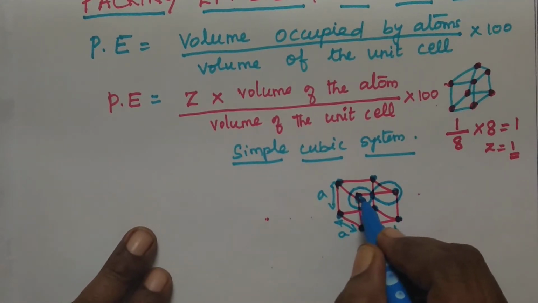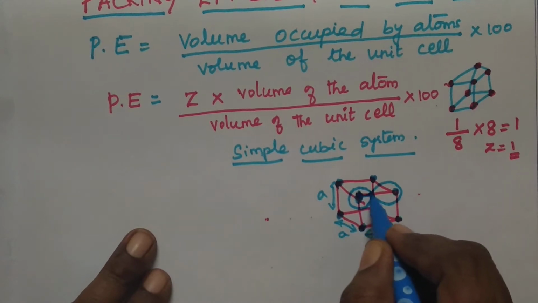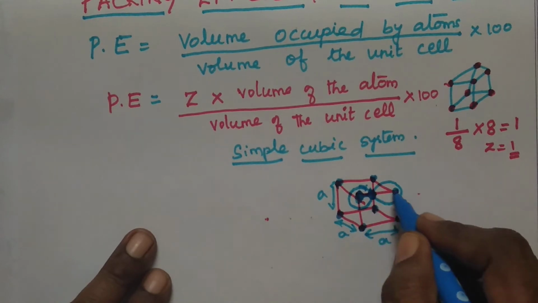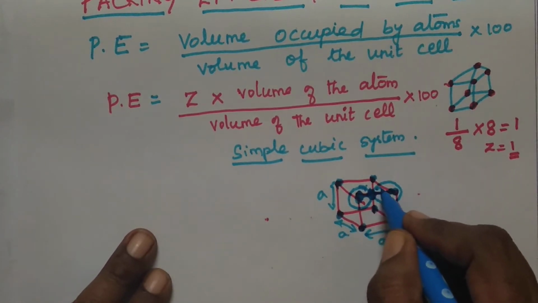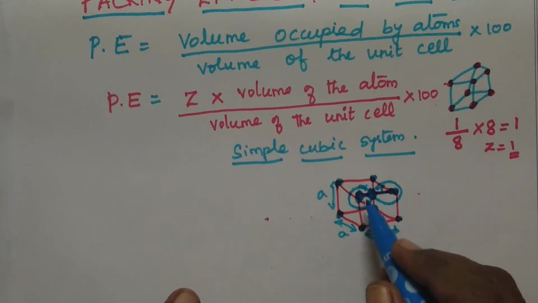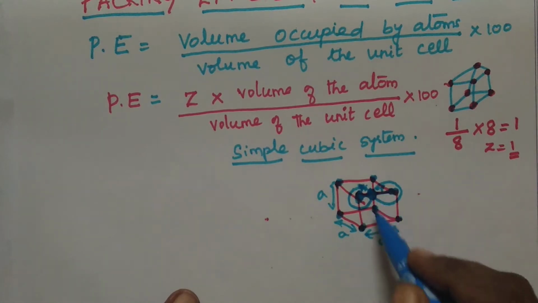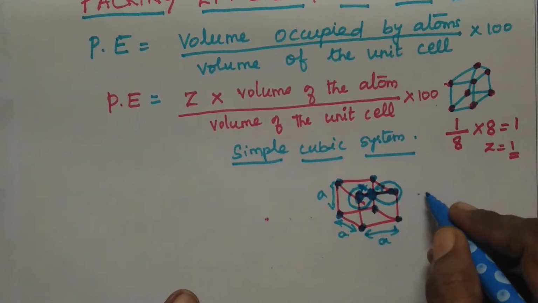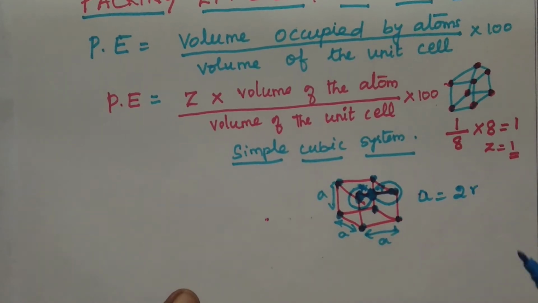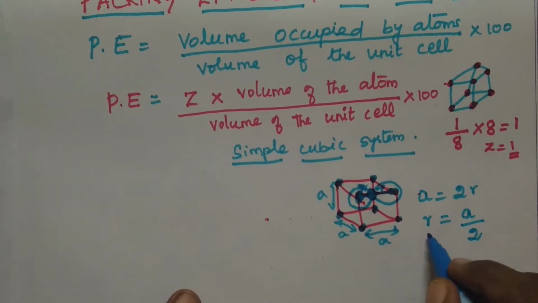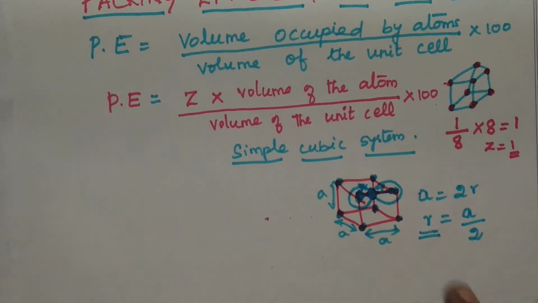So from the center of the atom to the neighbor atom, that distance is going to be R. Likewise from this center of the atom to this neighbor atom is equal to R. That means R plus R, this is the distance and this is the distance. Both are same only, no? So 2R, I can write it down. A is equal to 2R, or else I can find out R is equal to A by 2. So I calculated what is the radius for a simple cubic system of an atom.